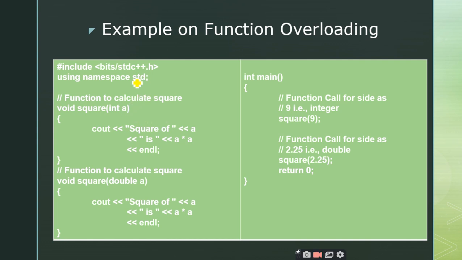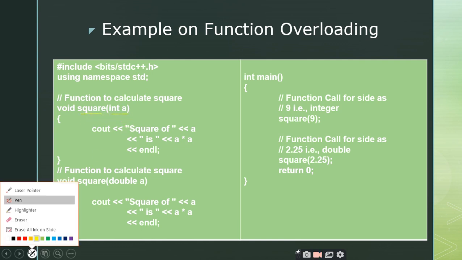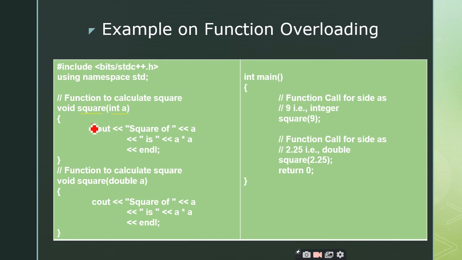Right. So the same example he is taking with two different functions, that is square, accepting one parameter, and it is going to print the square of a, that is a star a. Similarly, the same square function with same return type but with different parameters, which is accepting the double, is also going to print the square of a, that is a star a. Everything is similar, right? So here it has one print statement, and in the first function also we have a similar cout statement.